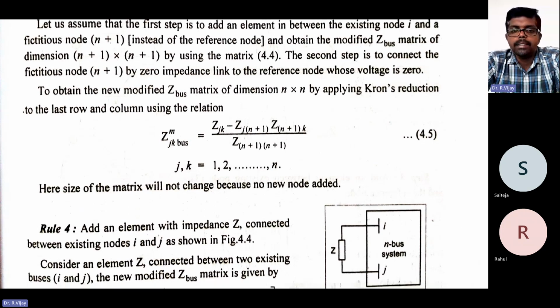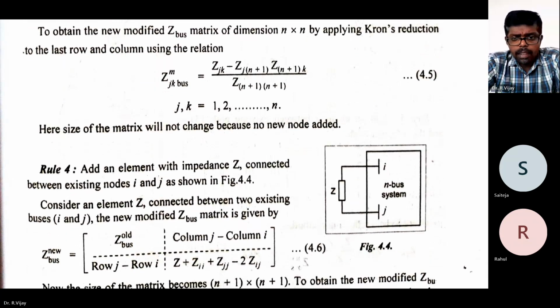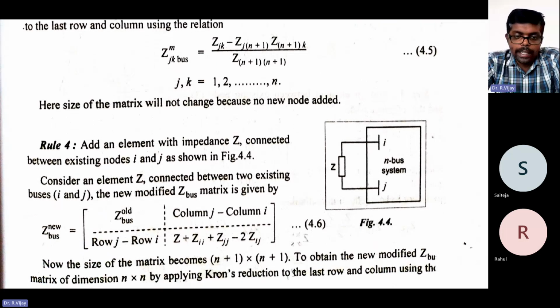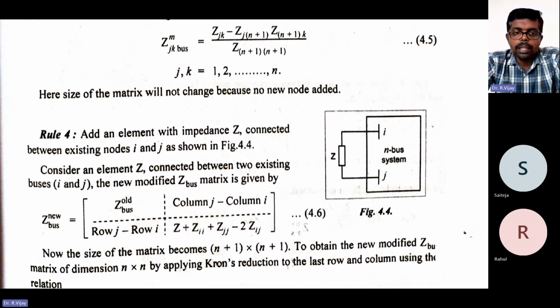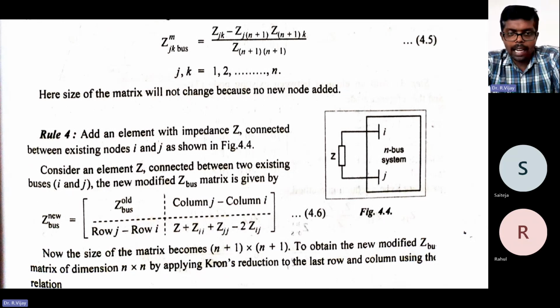Like that it will come here. Okay, here the size of matrix will not change because no new node is added. Next, again after this, again a new element is added. So what we need to do is, we need to do with this formulation. Again, a new element with the impedance Z is added, connected between I and J as shown